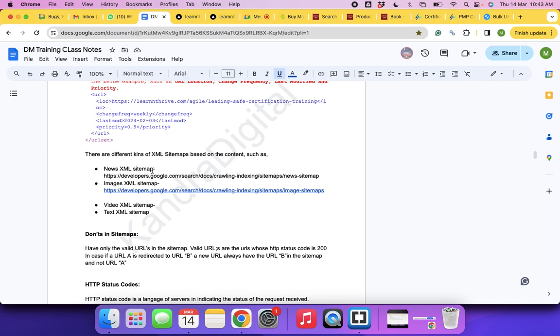So XML sitemap is basically a list of URLs. We are just providing a list of URLs as a reference to bots. HTML sitemap is also a list of URLs to the bots. But here the difference is bots will be able to go to the website from the reference you provide, whereas in the XML sitemap case, you are just providing the information. There is a URL, but that doesn't really make the bot go through those URLs and crawl all of them from the list you provided. XML sitemap doesn't pass energy to the URLs. I'll show you the HTML sitemap as well.